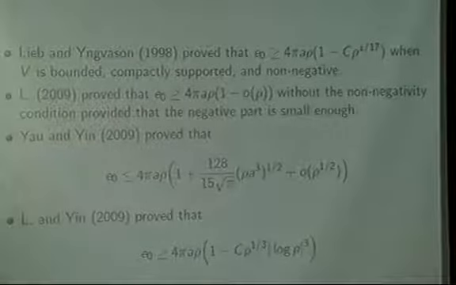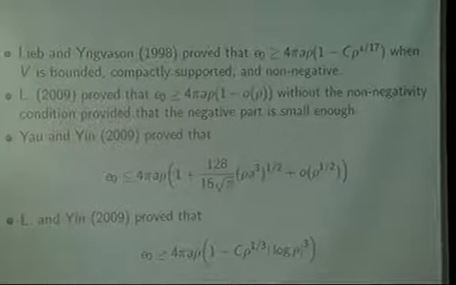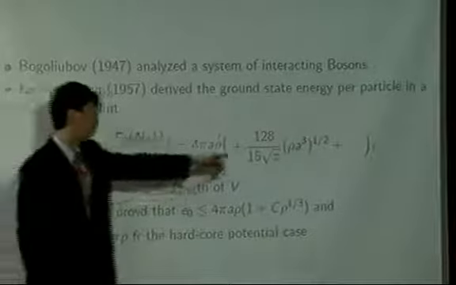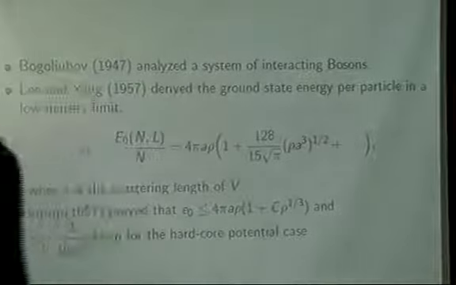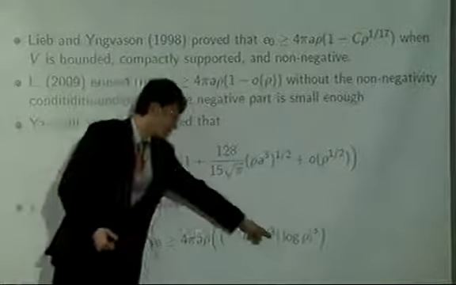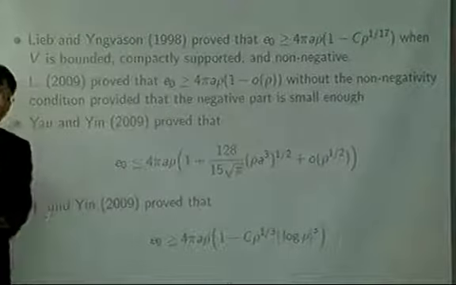And so far it is the best result for the lower bound, but it is not the optimal result we want to see, like rho to the 1/2. But so far it is rho to the 1/3 times some log rho. The log is very irrelevant because when rho is very small, this log can be easily killed by this rho. So the important thing is this 1/3 and 1/2, but 1/2 is much smaller than 1/3 in this case.